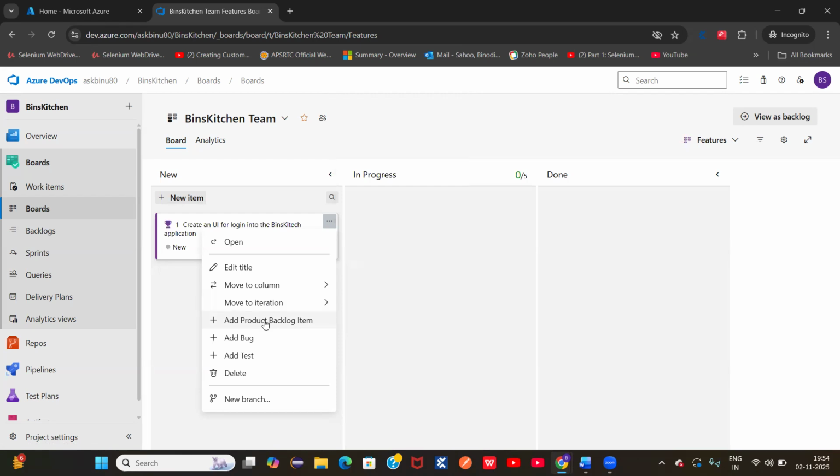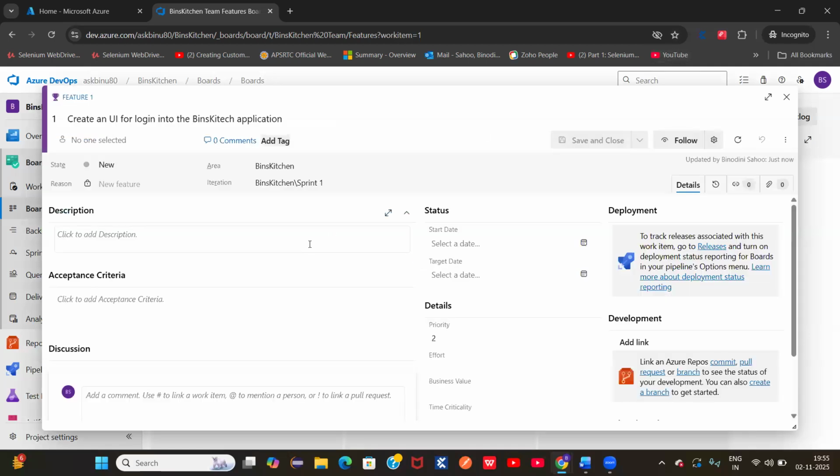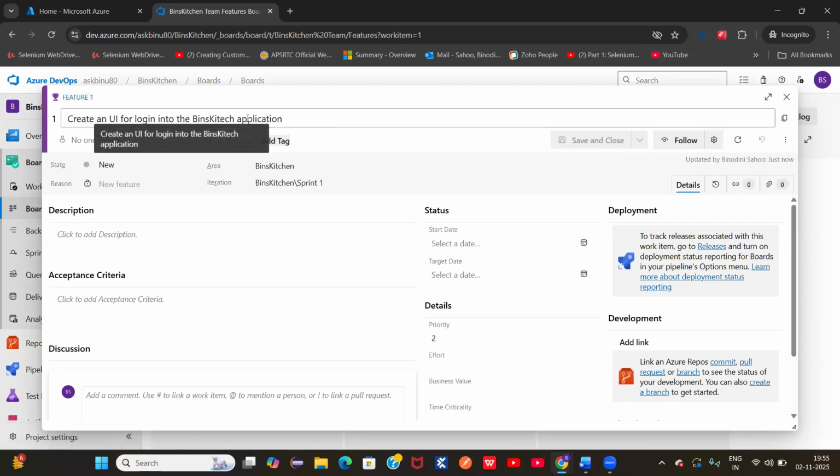Then here we need to go ahead and I'll show you add bug, add test. If you want to delete, you can delete. Or if you want to create a branch, you also can go ahead. If you want to open it, click here. It should be looks like this. And let it load for a while. Yeah. So whenever you are going to a feature level, it is feature one, create UI for login, Beans Kitchen